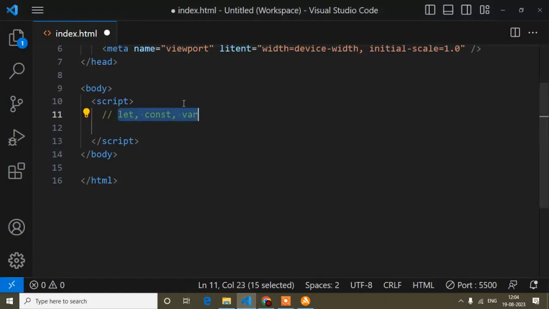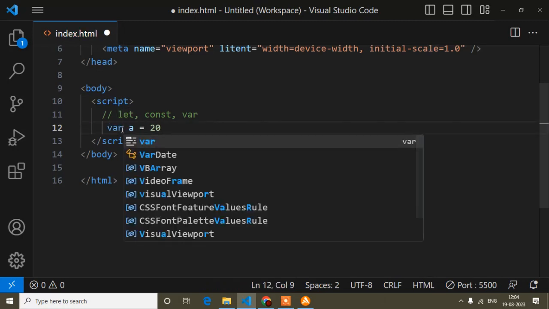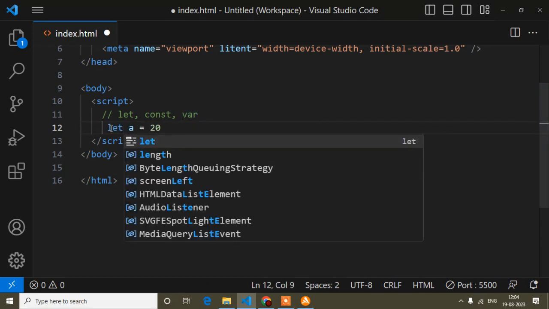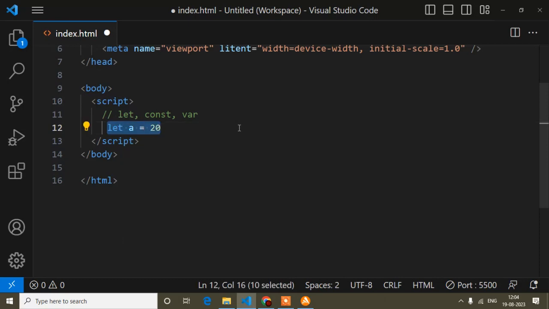So if I write let a equals 20, when it starts to convert this code into machine language, let will be changed to var. Then the browser can understand, but if it doesn't change let to var, the browser won't understand this. Okay, so this is one thing.